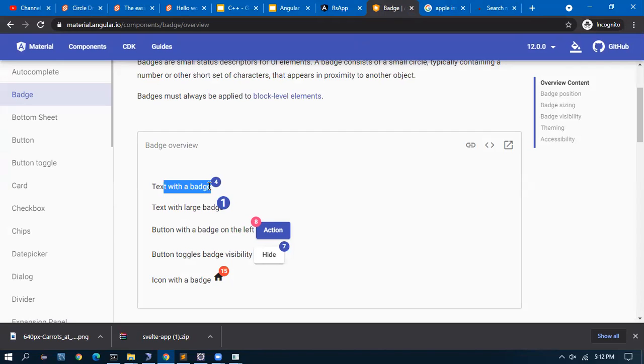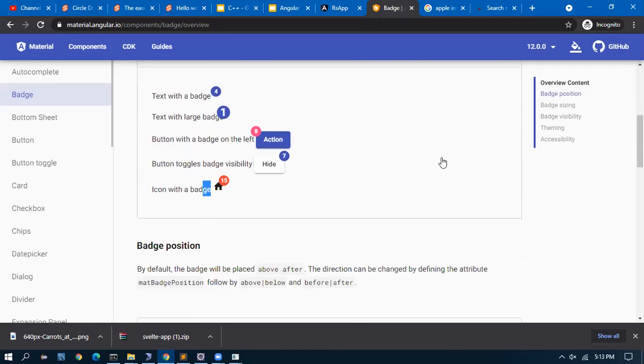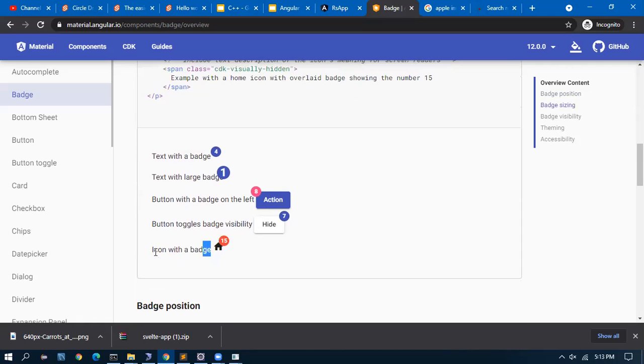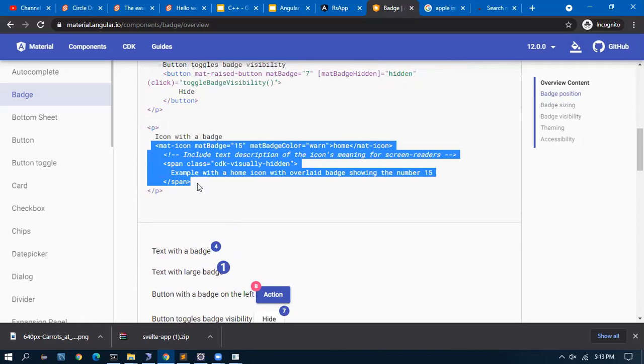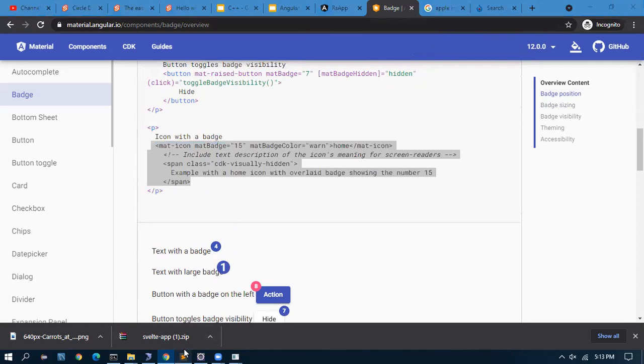This is used in your Android phone to show the number of messages you have received. If you notice, this is what they are using. Above the app, they will give a round with the number 1, 2, or 3, which means those many messages are there. That is the badge. So we will use the last one. I'm interested in this icon with an image. So I will copy this mat icon. This is something new we are using. We have not used it so far.